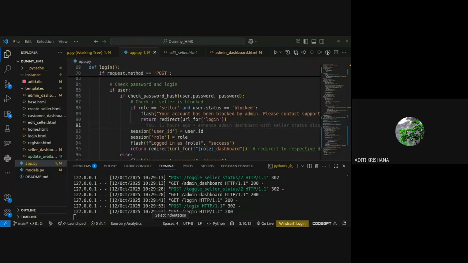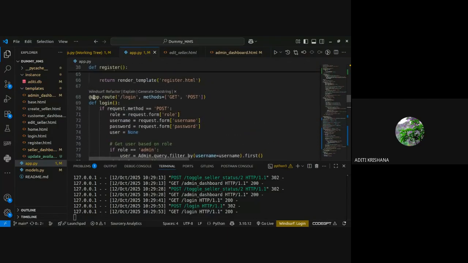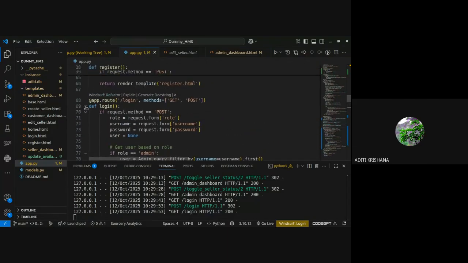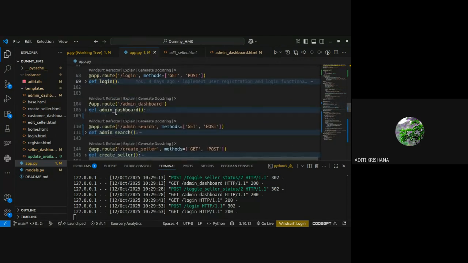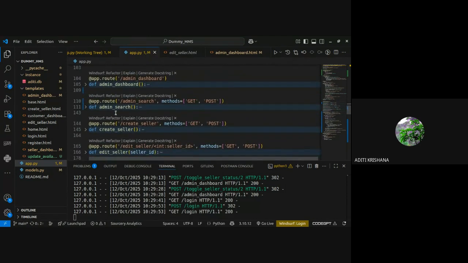Okay, fine. So these two functionalities are completed. Let's come to the search functionality. Right now I have given the search functionality for admin.